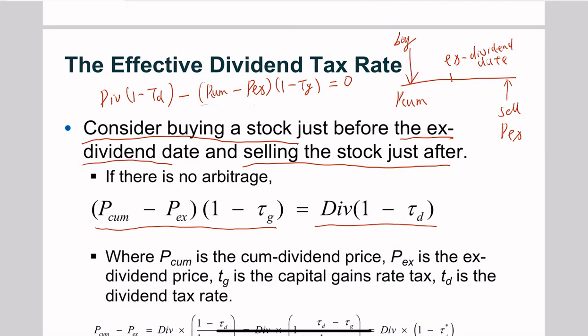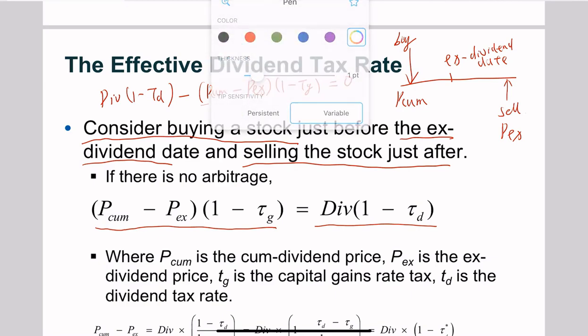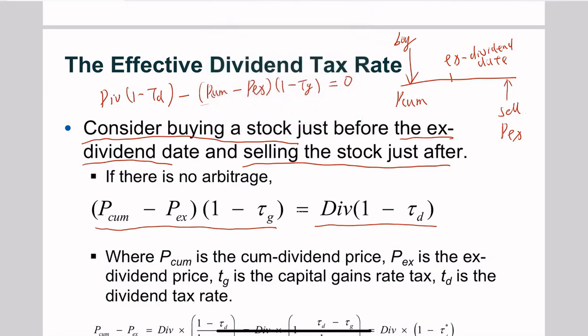Let's say we have this. Now, you can imagine what will happen. In this case, if the left-hand side is smaller than the right-hand side, this implies